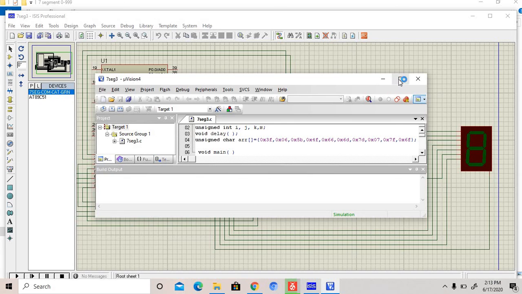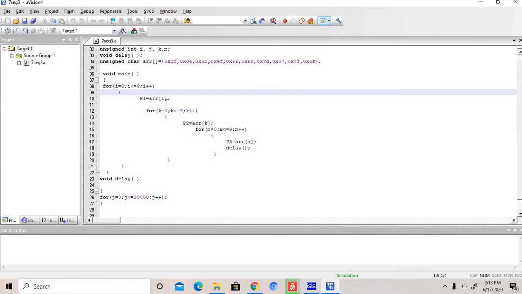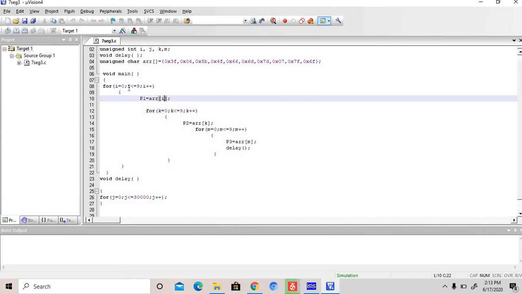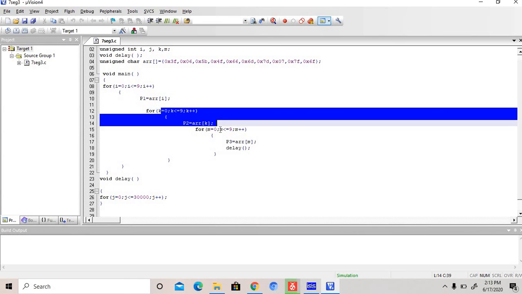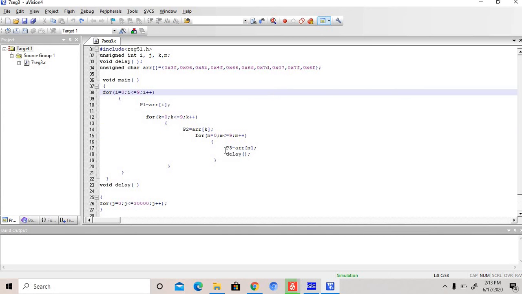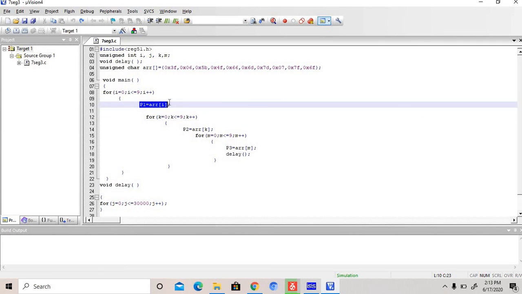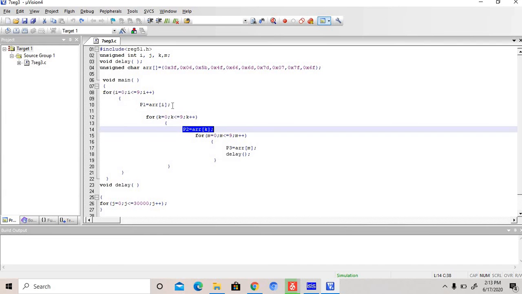You have to add one more loop. Nested means you have to use three for loops: one for loop, then another, then a third, nested. Use this one for i equal to 0. First the array value is 0, then this one is also 0, then 0 to 9, then 1, then 0 to 9, then 2, then 0 to 9, then 3, up to 99.